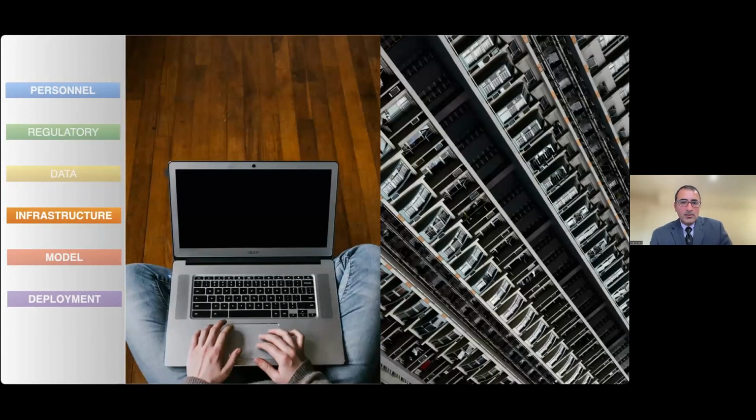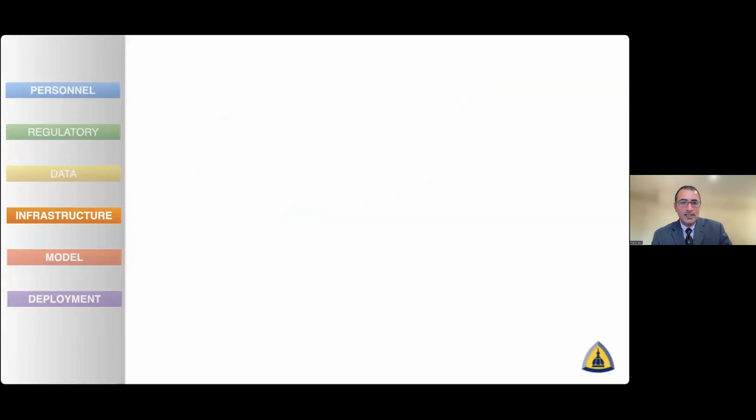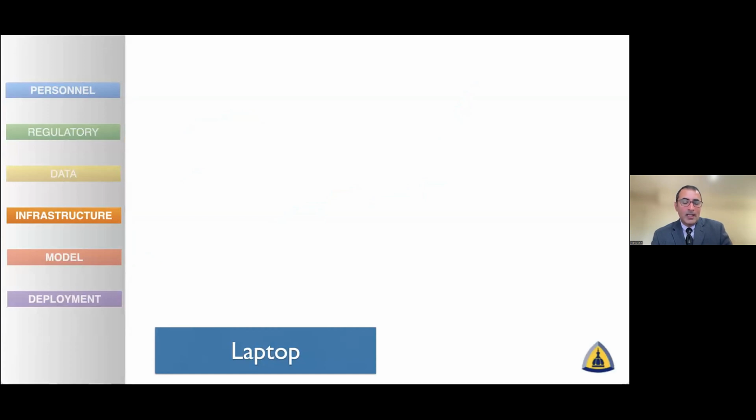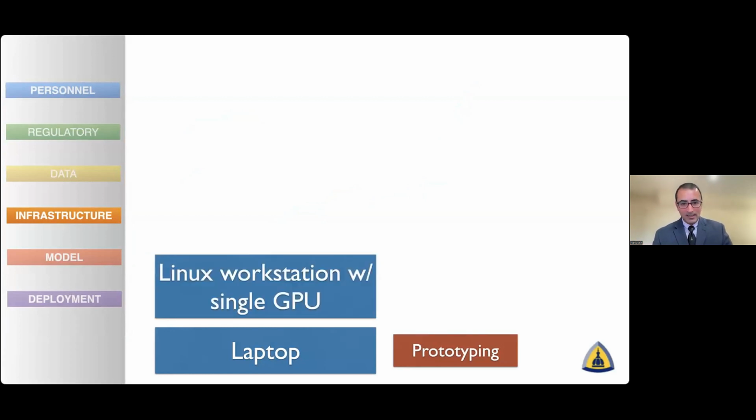And so for infrastructure, you can use small things like laptops or even Raspberry Pis, all the way up to cloud clusters. The choice really depends on the scope of the project. What we typically do is we have our students, postdocs, or PhDs work on their laptop initially for prototyping, just to make sure that the data is not giving you errors, right? If you need 1,000 data sets, you don't need to work on all 1,000 at once. Just do one or two in the beginning and make sure that the algorithm proceeds without giving you any funny errors. And then you can spend money on other resources, like a workstation with single or